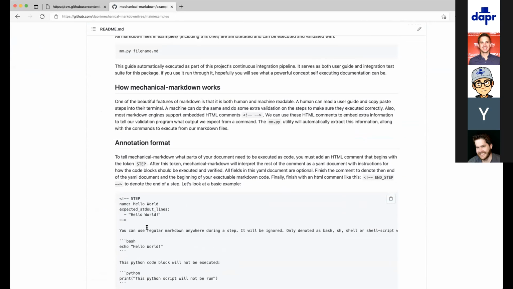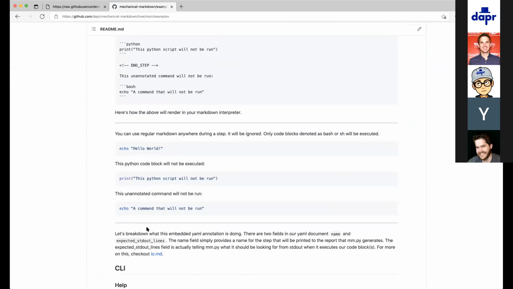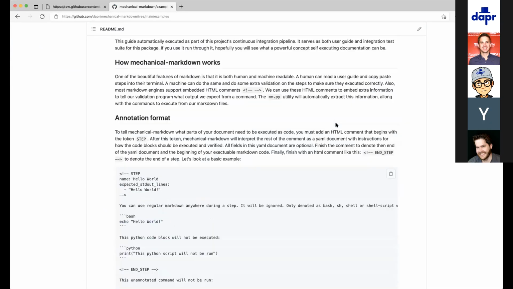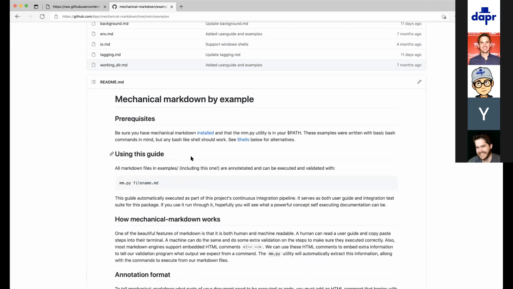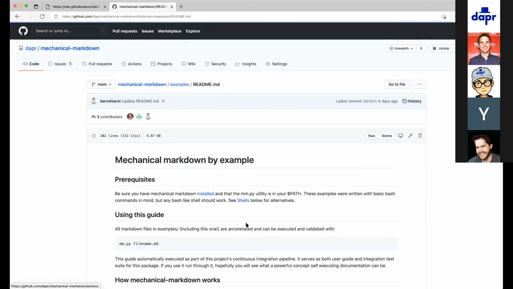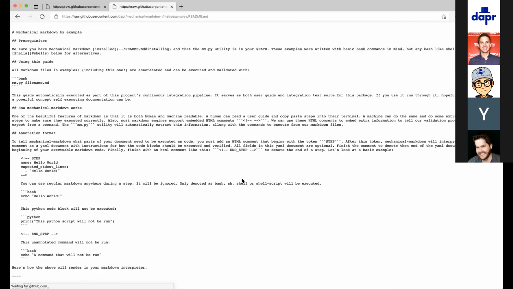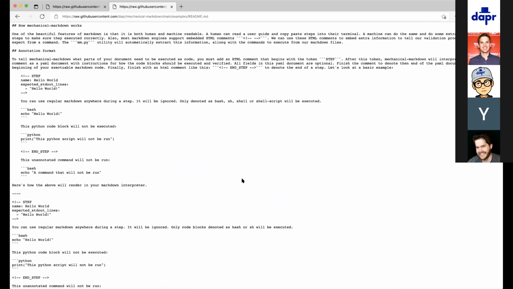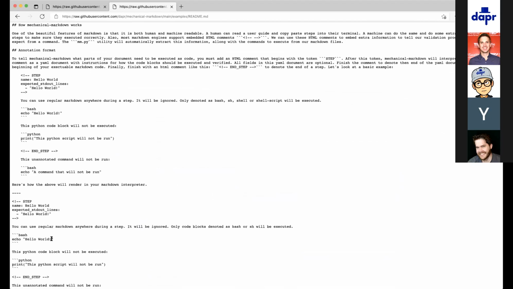You can go through these examples step by step, and you can look at the raw version of each one of these Markdown files and see how they themselves are annotated